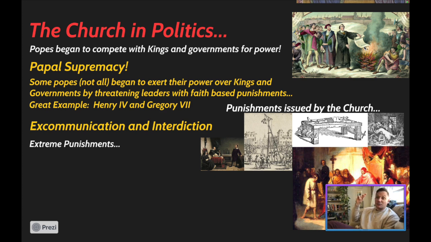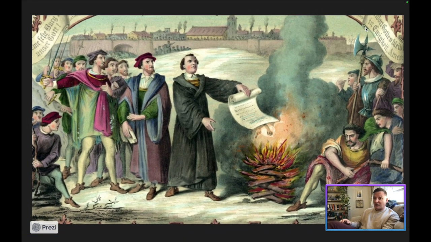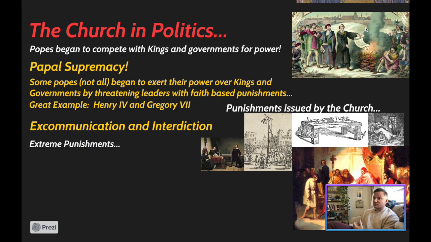Now, if you were to actually get rid of an individual, though, right, if one of you lashed out against the Pope or lashed out against your priest or anybody else, for example, like Martin Luther did in 1517 when he started the Protestant Reformation, which we're going to be talking about a lot very soon, and you will also be learning about in religion class. He was excommunicated for his vendetta or his issues with the church at the time, and for his writings, right? So excommunication is when you break up with someone who is now your ex, right? Get it? All right, you've been excommunicated from the church. An interdiction is when you get rid of an entire area, right?